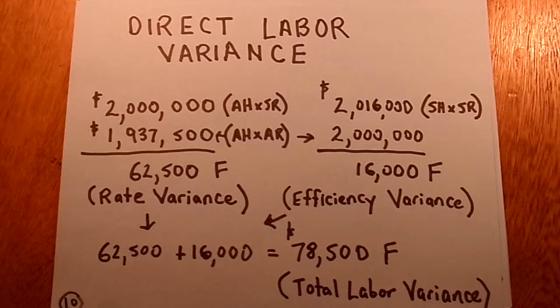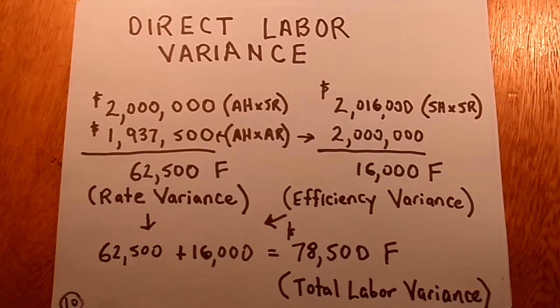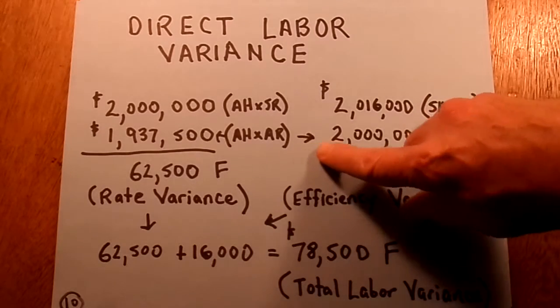There's a typographical error, I'll call it. Since it's a handwritten paper, calling it a typographical error is a little weird. But the arrow you see here should be coming down at a sort of a diagonal. The 2 million number is actual hours times standard rate, not, as the arrow seems to point now, actual hours